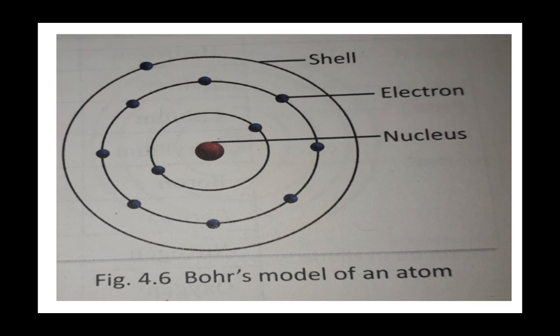Number 1, the electron revolving around the nucleus is confined to certain fixed orbits called shells or energy levels, each of which is associated with a fixed amount of energy. While revolving around the nucleus in an orbit, an electron neither loses nor gains energy. An electron revolving in a particular orbit, on gaining a certain amount of energy, jumps to the next orbit and vice versa. Since each orbit or shell is associated with a fixed amount of energy, Bohr called them energy levels.